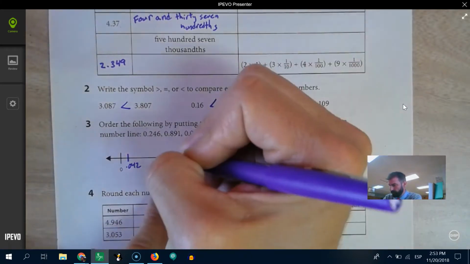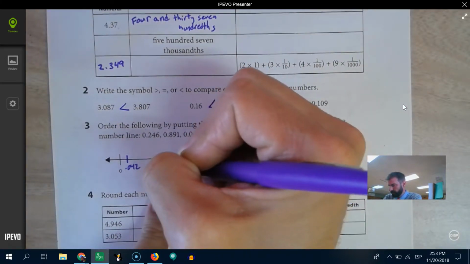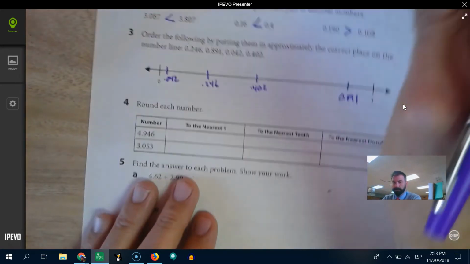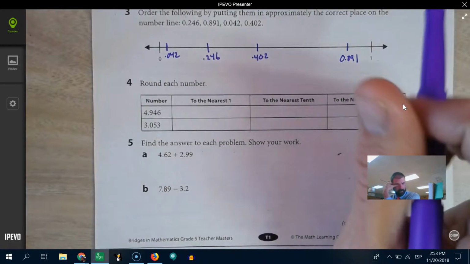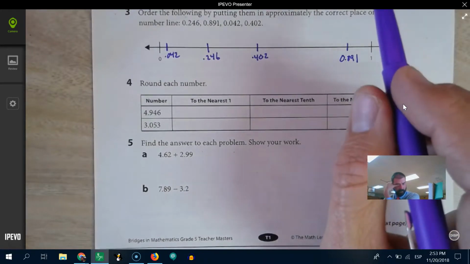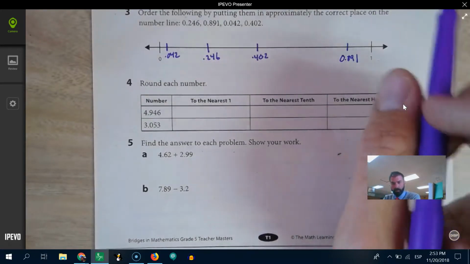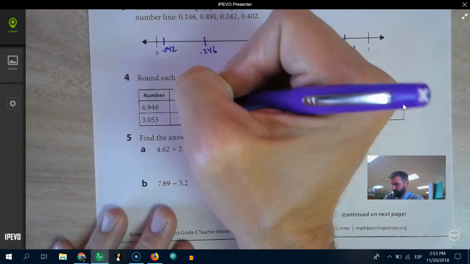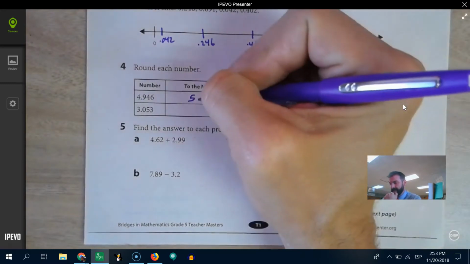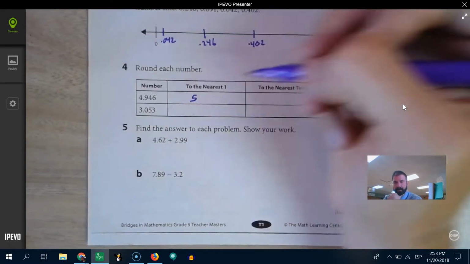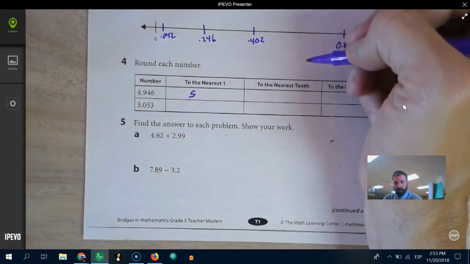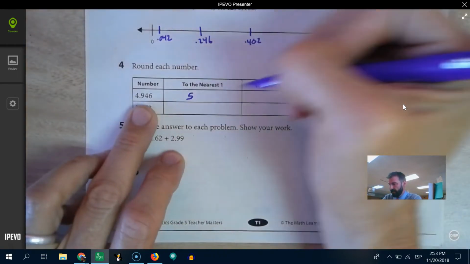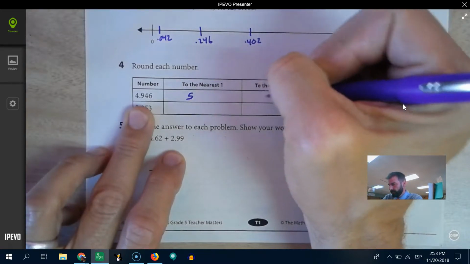And then we have 0.246, which is right in between those two. And so that's rounding. A lot of problems you'll see are kids not rounding the whole number. So to the nearest one here, we're going to go to 5. Sometimes they'll say 5 and then they'll go 0.946, so they don't have that understanding of what the whole number is. To the nearest tenth, that's looking at that number, 0.9, and right next door is a 4, so